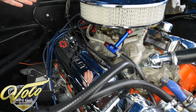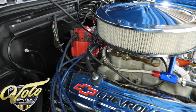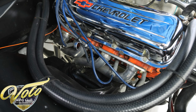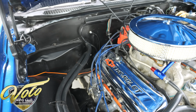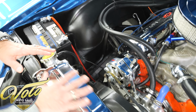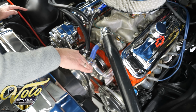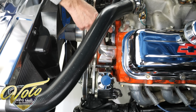HEI ignition in the back. Some nice Chevrolet valve covers. Coated headers down there. The metal is painted nicely. I think he said he put a new wiring loom on the interior as well. So got a nice chrome cover, aluminum radiator, new shroud, new fan, new billet pulleys, polished aluminum water pump, chrome